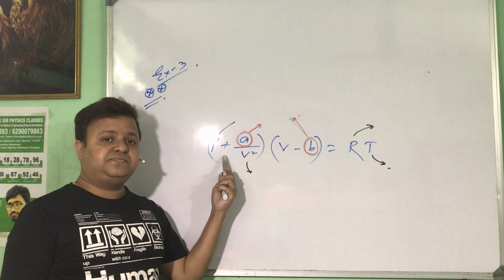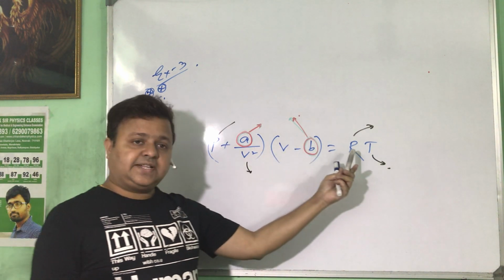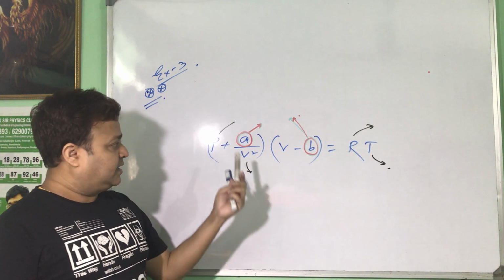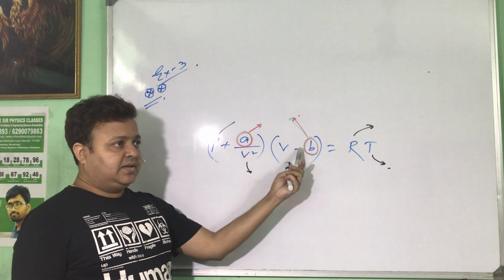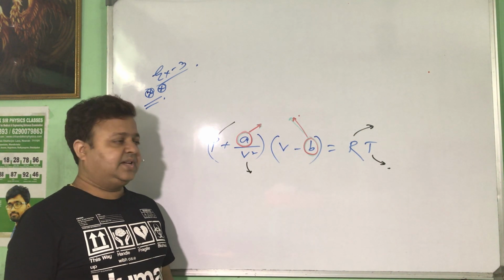Where P is the pressure, V is the volume, R is the universal gas constant, capital T is the temperature. Then we have to find the dimension of small a and b, which are called the van der Waals constants. পরে কেমিস্ট্রি লিখলে পড়বে।